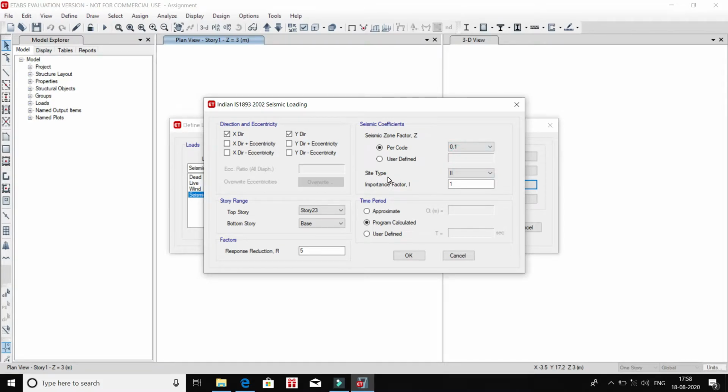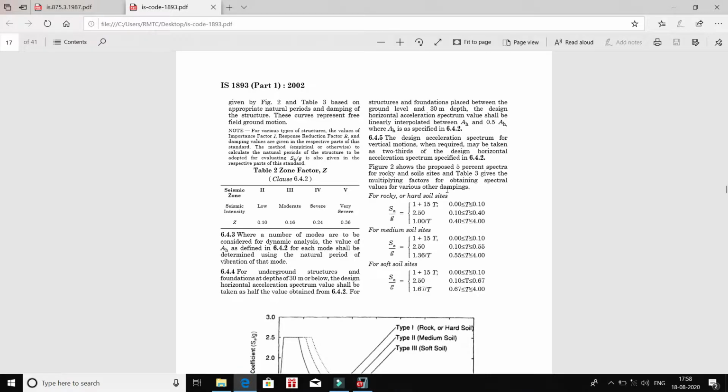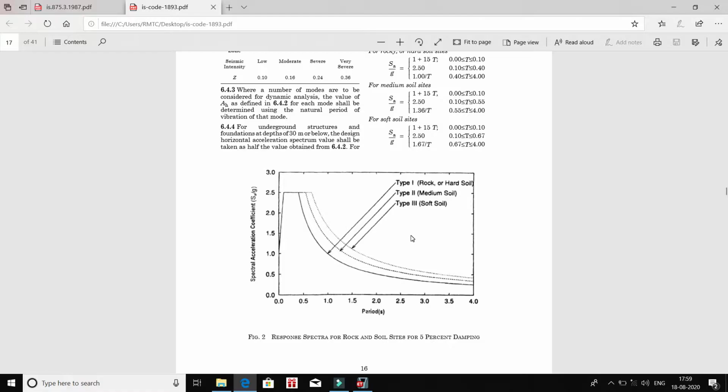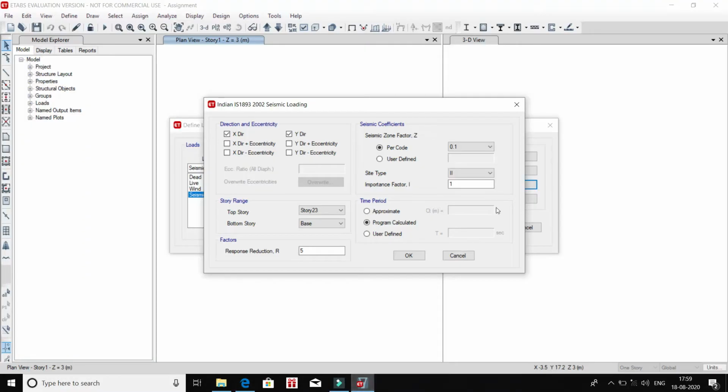Now for site type, go to the IS code and go to figure number 2. Here we have to assume that the soil of our construction site is medium soil, that is type 2. So again go to the ETABS software and select site type as 2.